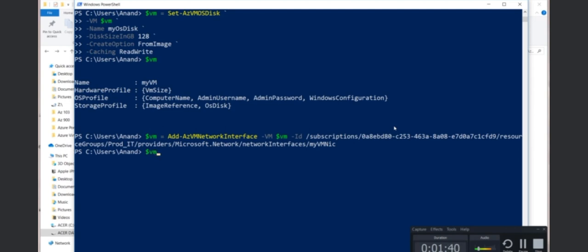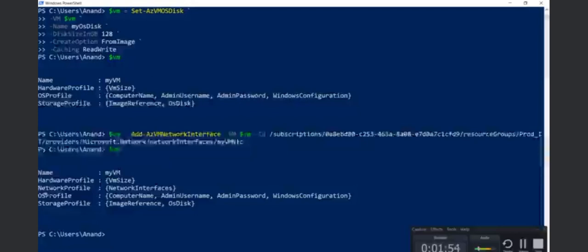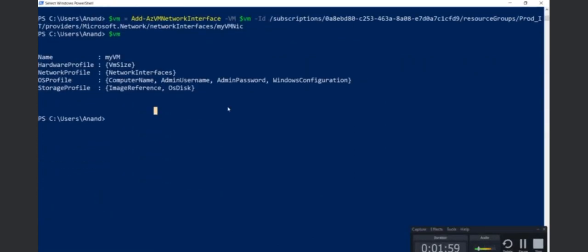Now if I go back to $VM, I have the network profile as well. Apart from hardware profile, OS profile, and storage, now you've got the network profile as well. So what do we do next? We have to now call this $VM attribute to create a virtual machine for us. So the command will be New-AzVM,